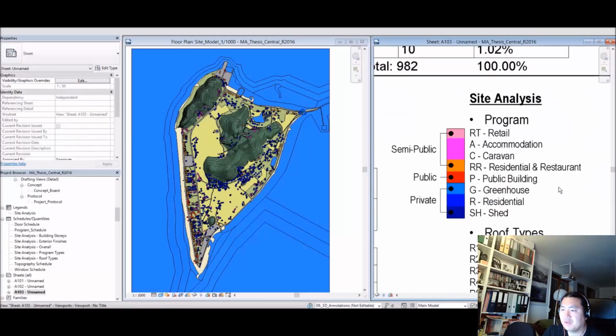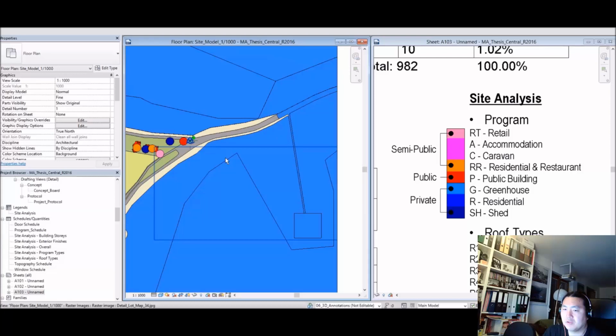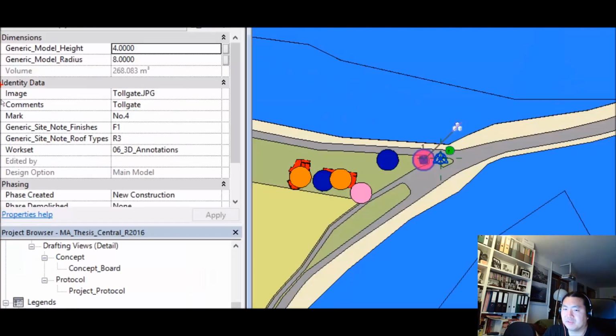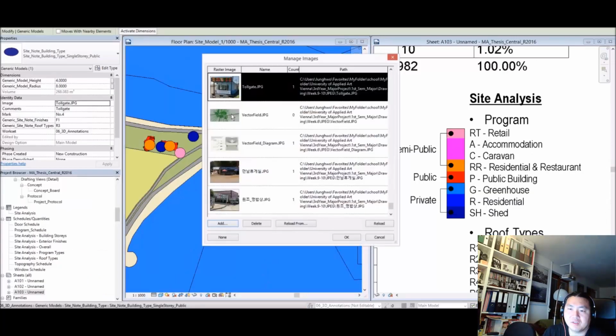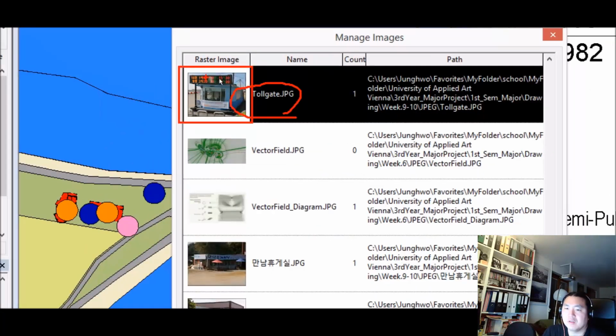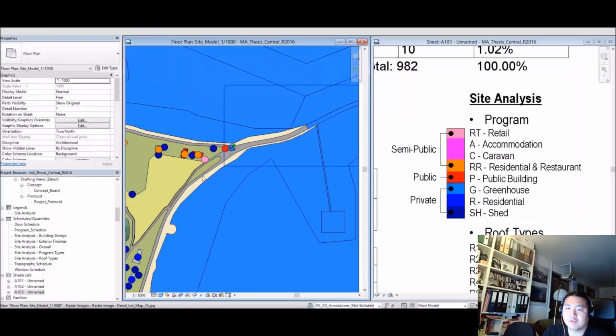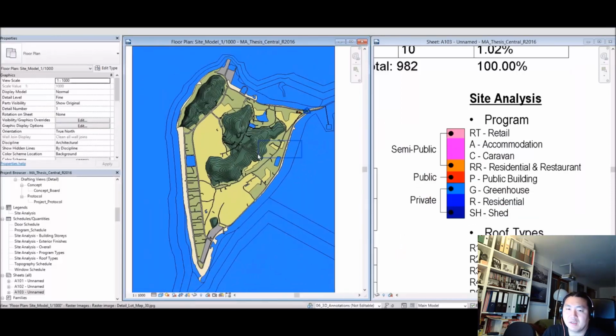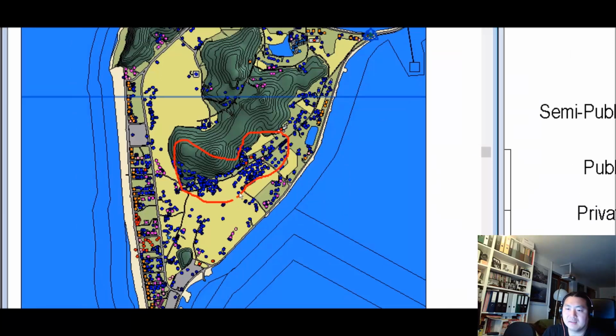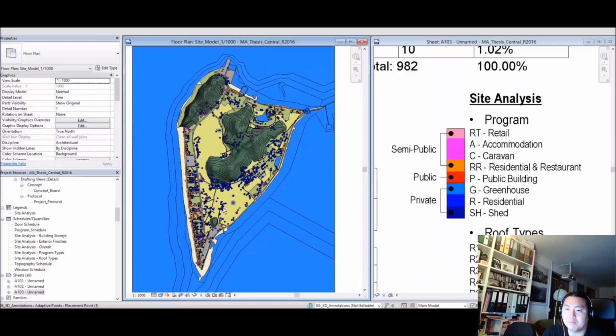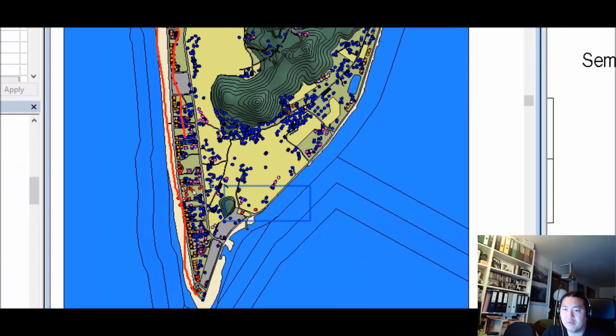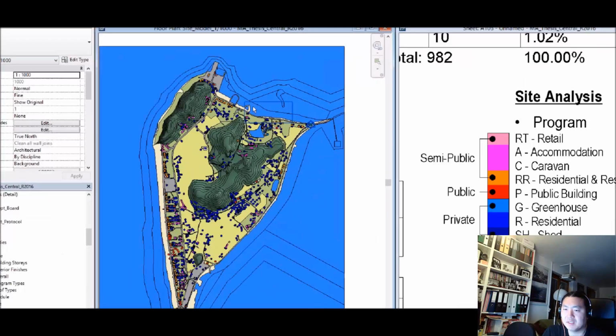And as you can see, it was very handy to parametrically show the diagram of site condition, and all this geometry contains not only graphical information but also non-graphical information, all this metadata, and we can see here how many private areas there are and where the public and semi-public areas can be analyzed for the